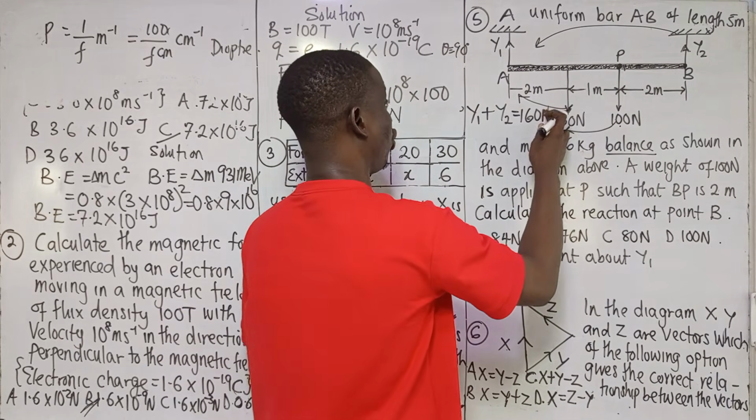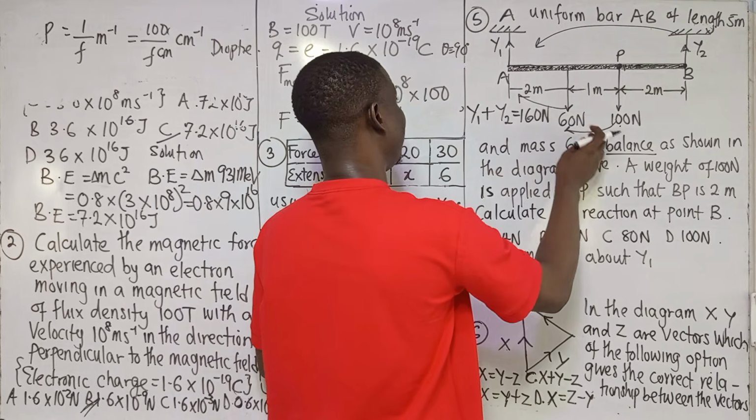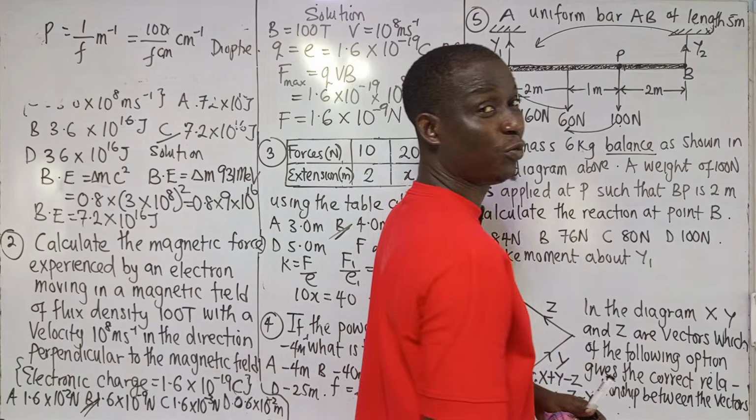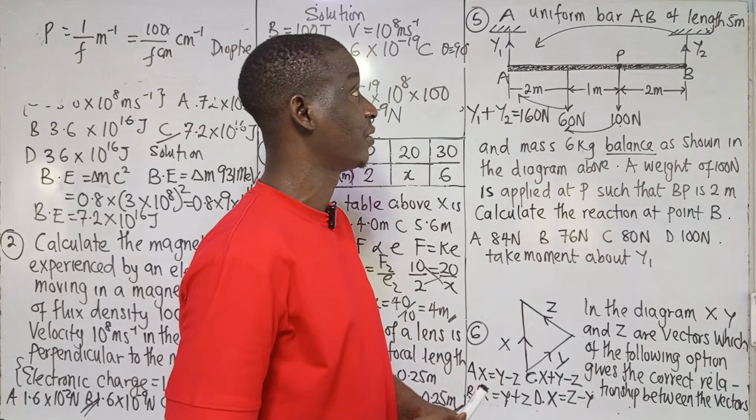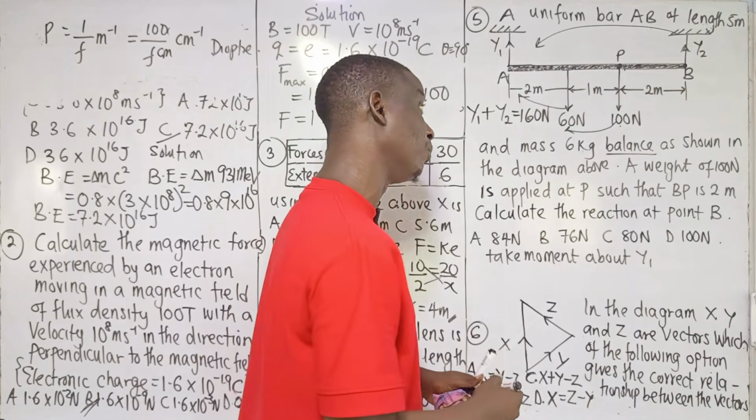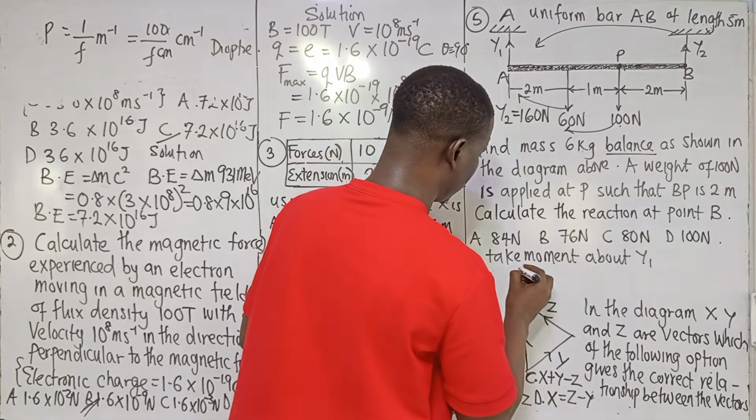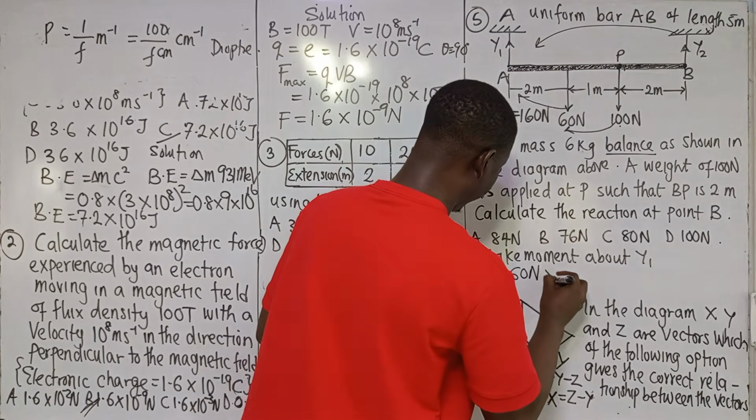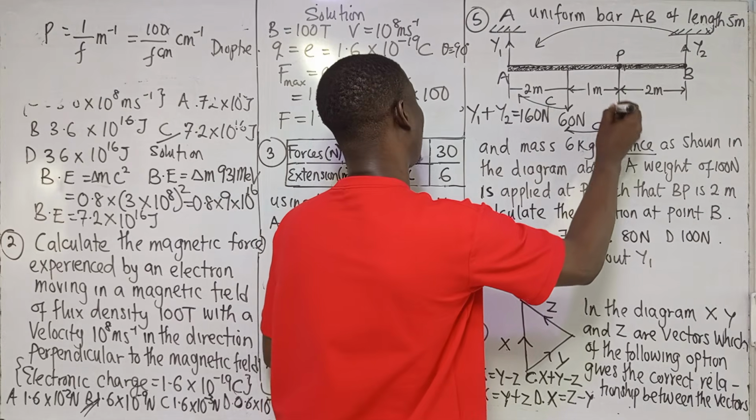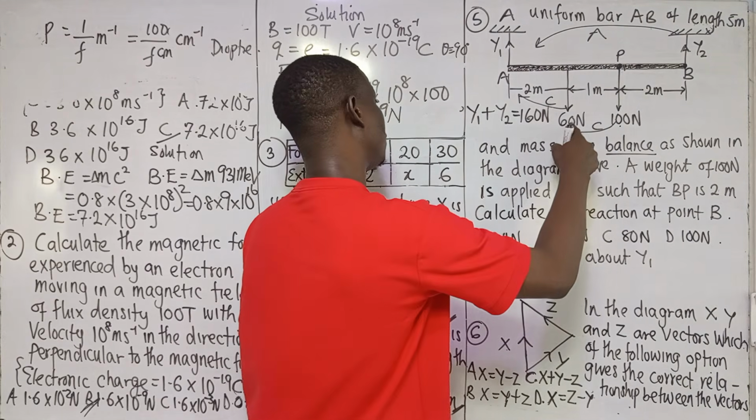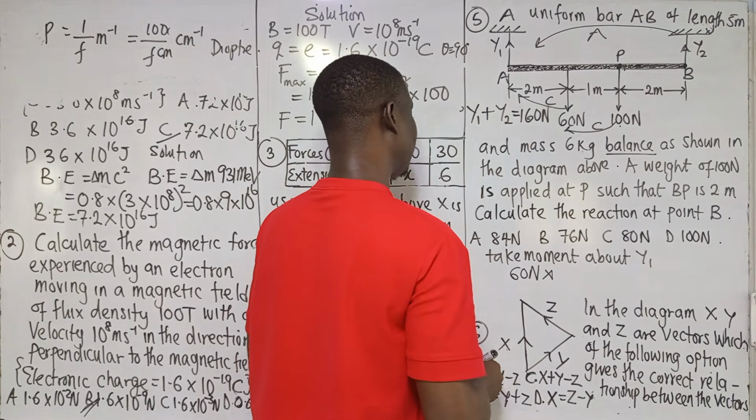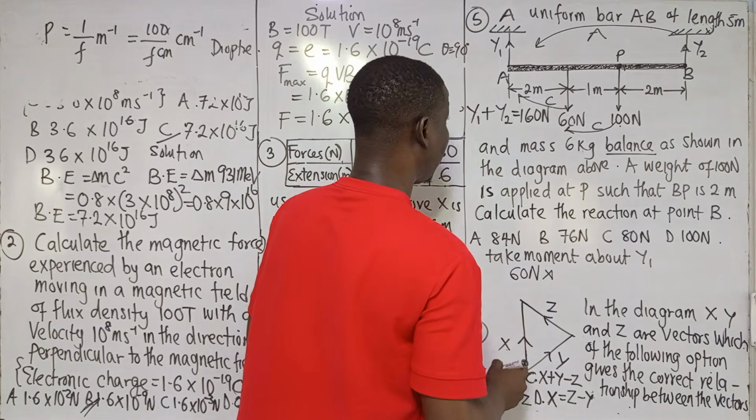So we have 2 clockwise moments and 1 anti-clockwise moment, in which the clockwise must be equal to anti-clockwise, for the uniform bar to experience balance or equilibrium. So in this case, 60 Newton is the force. I'm taking this one as clockwise, this anti-clockwise. So 60 Newton, what is the perpendicular distance to point A, that we're taking moment about? It will now be